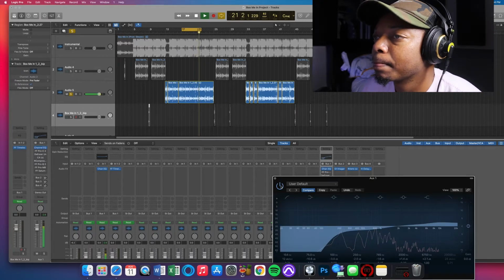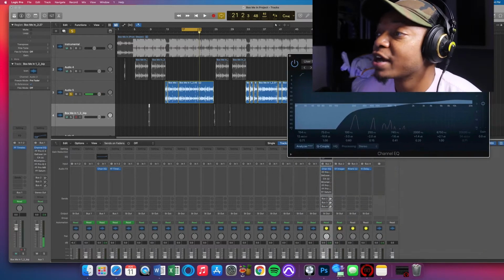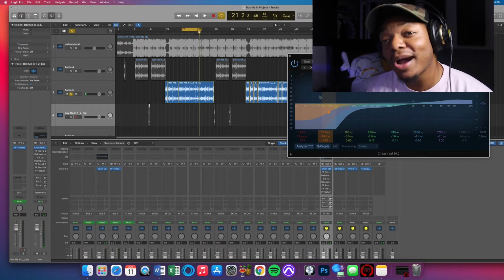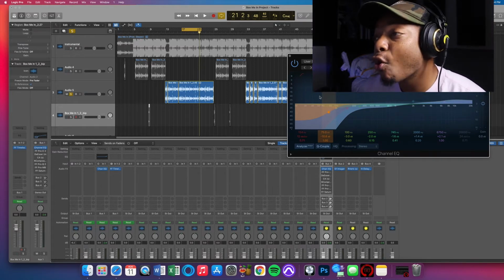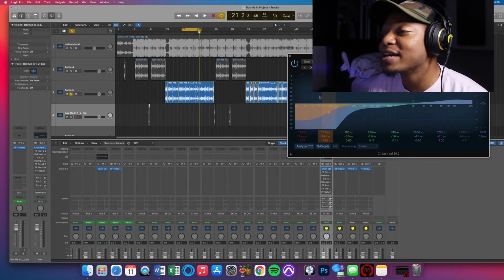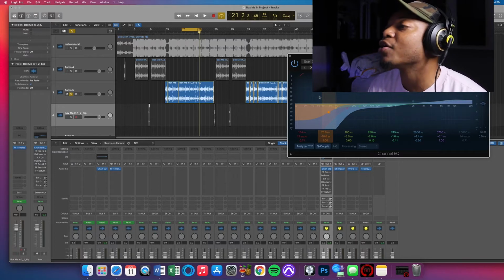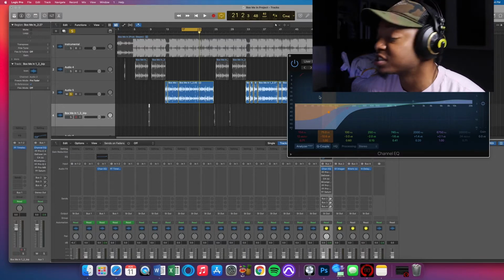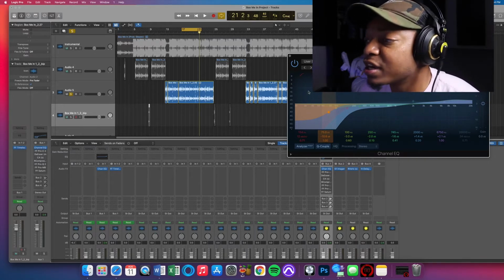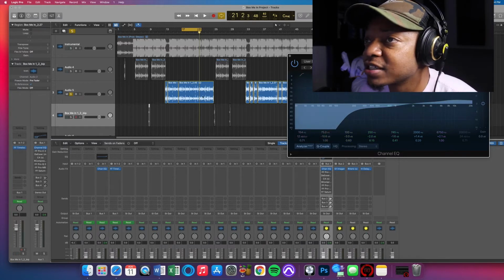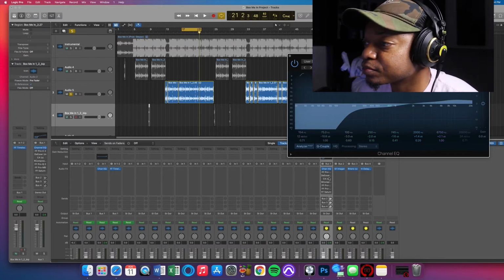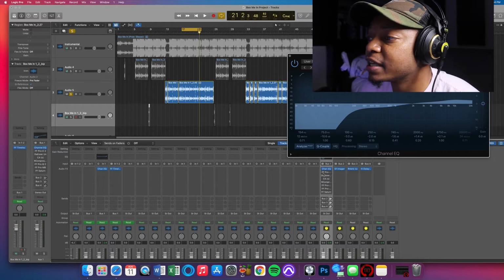I cannot be stopped. So you guys see already right there. Now this is just a basis, all right? This is just a foundation on what I did, okay? I needed to make sure that I scooped that low end out and I added some airiness. We're just setting a foundation on the EQ, right? So that's exactly what we did. Now let's go ahead and get into